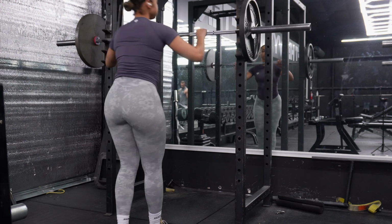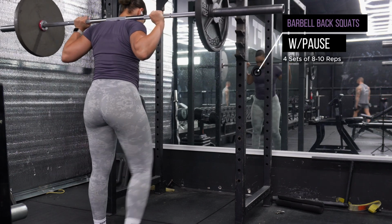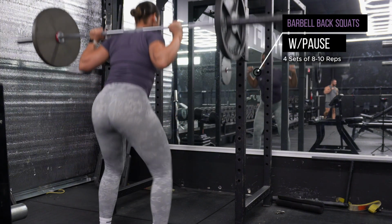All right, so I'm going to be honest with you guys. I completely did not record the warm up before I squatted. So I technically warm up twice when I'm doing squats, okay? I did my dynamic stretch warm up, which you saw, but I also do a dynamic warm up by the